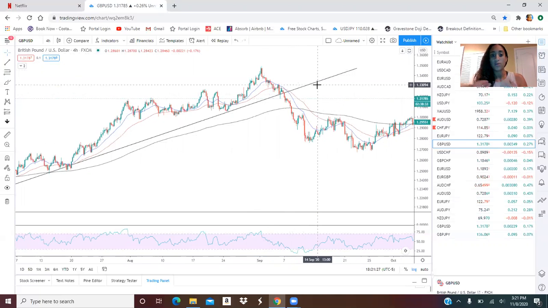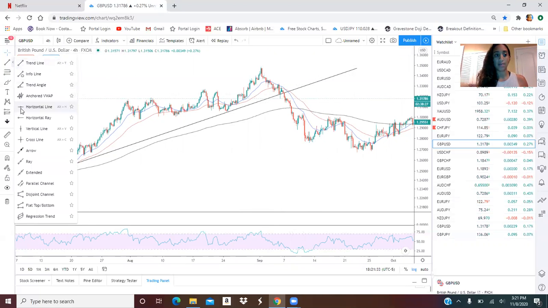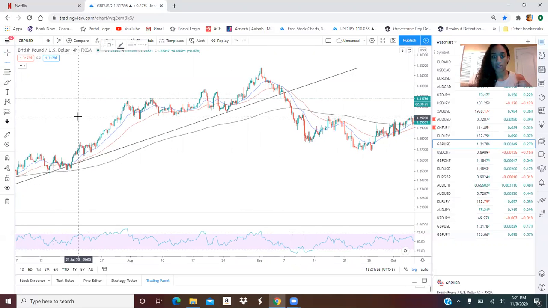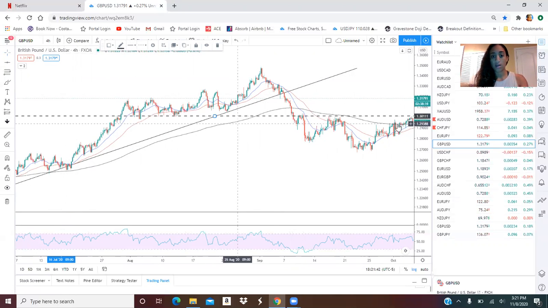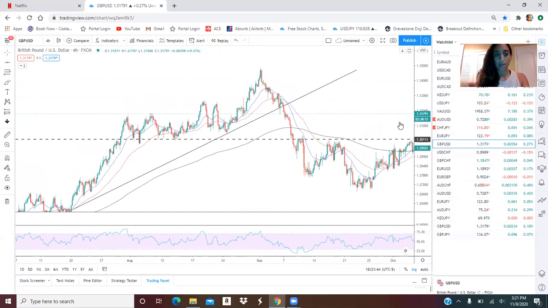So another thing that you guys want to be very careful, not only did it break the trend line, but it literally broke structure. And when I say that, I mean, you always want to look at market structure, all right? So if you can see right here, we have a pretty obvious structure, okay? If you can see,